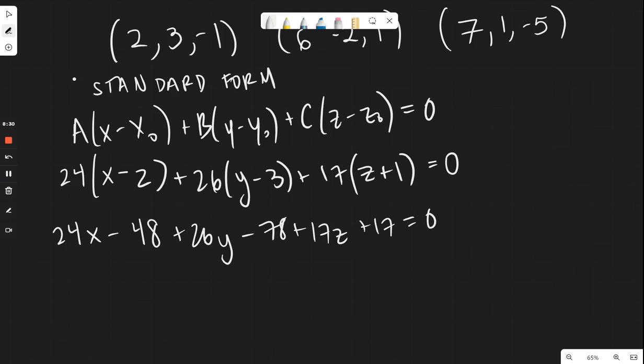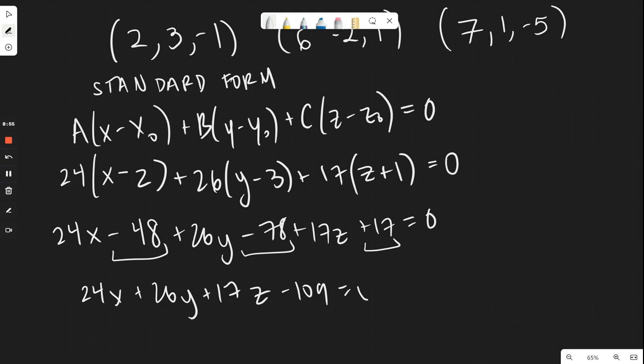And now we want to combine like terms, and we find that all of these constants add up to, I feel so slow, negative 109. So we end up with 24x plus 26y plus 17z minus 109 equals 0,